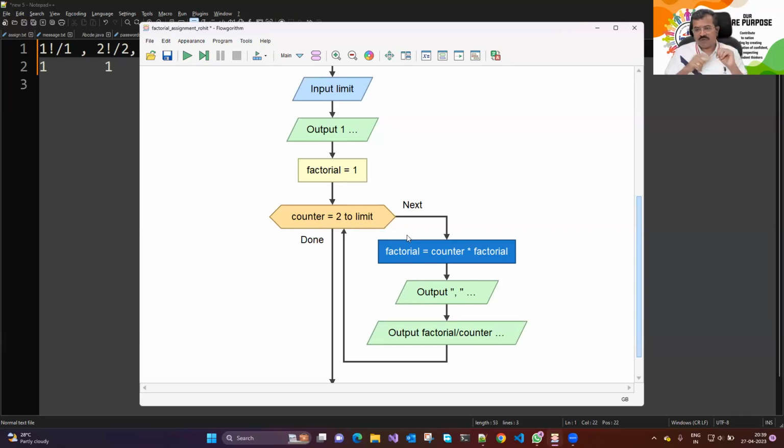So factorial of 5 is what? 24 into 5. That is 120. Factorial of 6 is what? Factorial of 5 into 6. So why do you need to calculate factorial again and again? Instead, we could use the same value of factorial that was there earlier, and then we just want to